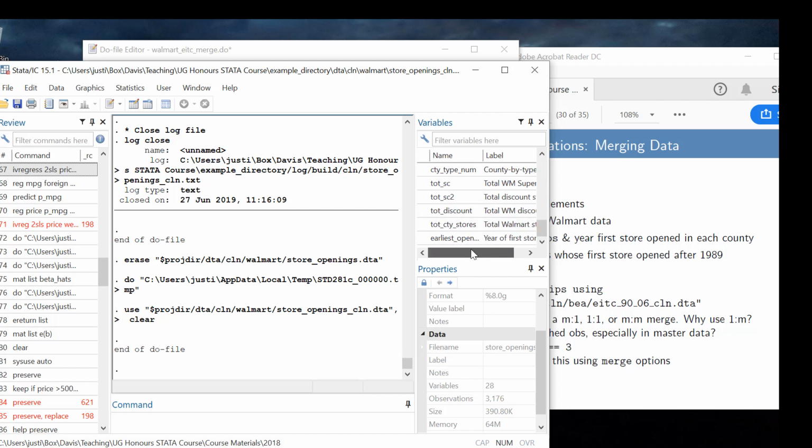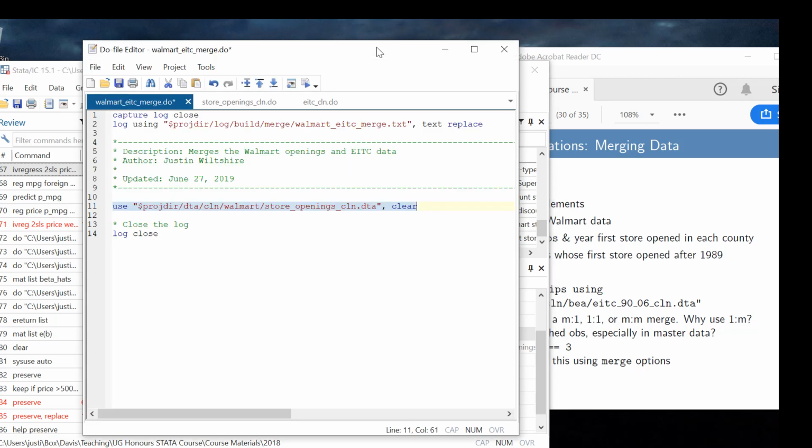Remember, we also included all those extra variables that maybe were not actually of interest for our analysis, but we were practicing certain commands on. We included the variable labels, the value labels. Now maybe we want to restrict the Walmart data. You can restrict it further. Maybe it's not cleaned as you'd actually want it. If it is cleaned as you'd actually want it for other purposes, then you can, in this case, just restrict it and merge it with your